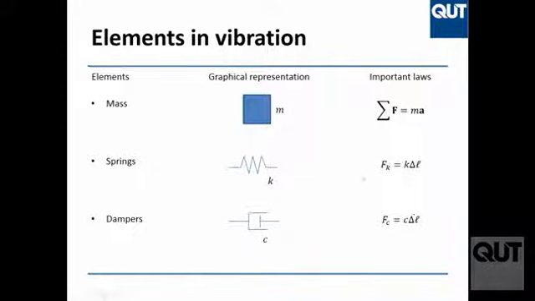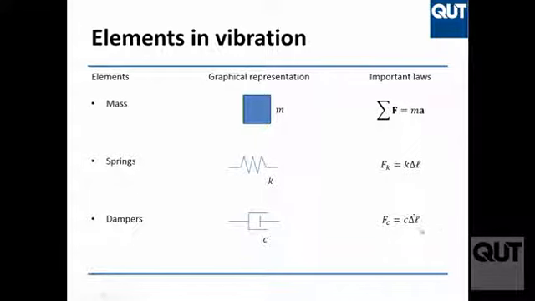For the springs, there's a law called Hooke's law, which tells me that if I extend a spring by a certain amount delta L, so if I pull it by, say, 1 centimeter, the spring will give me a force back, which is a certain constant multiplied by that elongation. So the more I pull, the bigger the force I get back from the spring. Okay? Is it clear? Does it make sense?